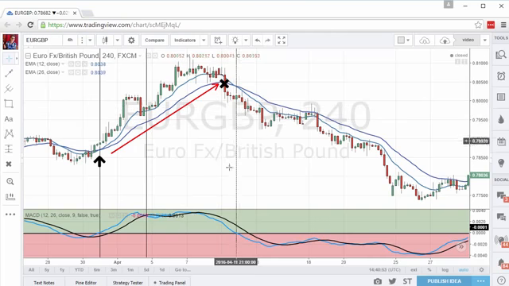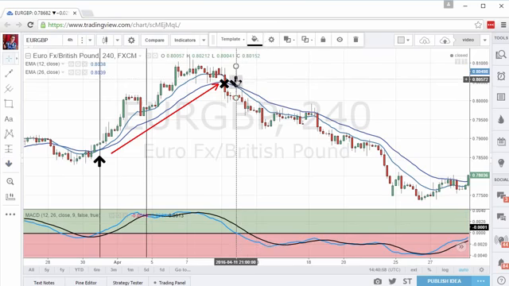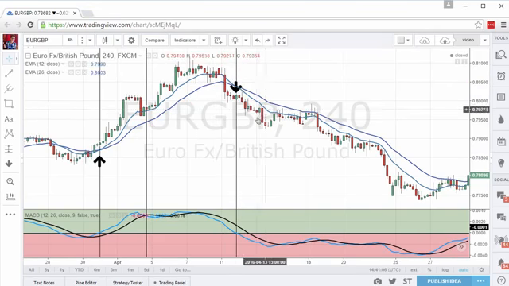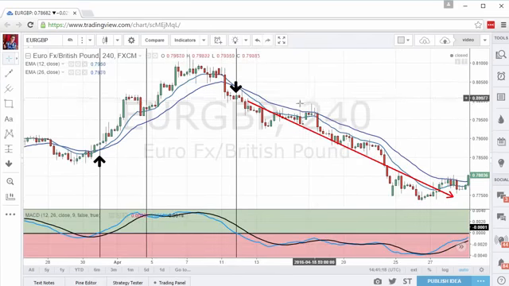And also then here we would get the new signal to enter a short trade as the MACD line crosses below zero. So this would be your short entry. And then you're in the downtrend. All the time you can see the MACD is well below zero, which means that we could have stayed in our short trend. You can also see that price made a few runs at the slower moving averages here, but